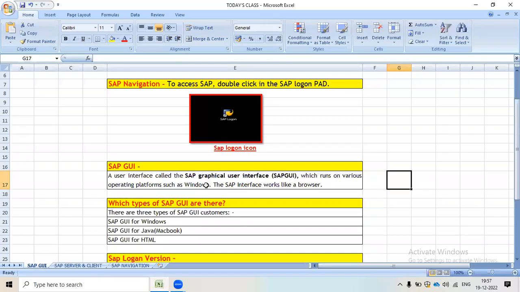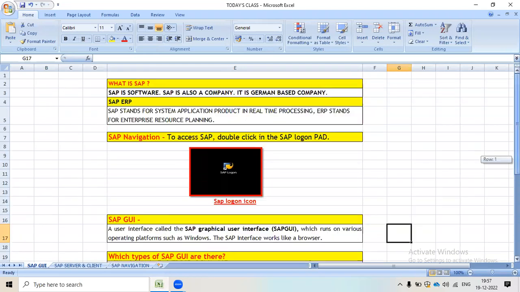Okay, now I'm coming on my SAP Excel sheet. So first, what is SAP? SAP is a software and SAP is also a company.